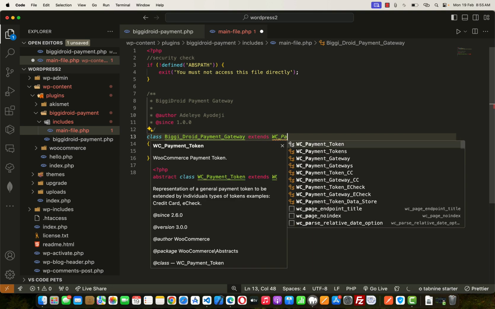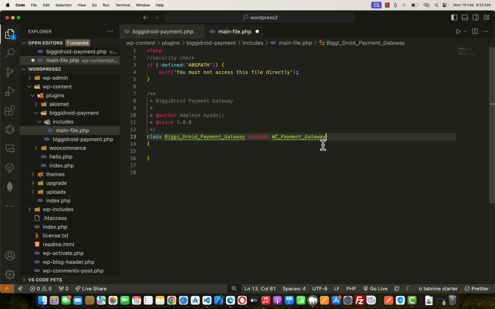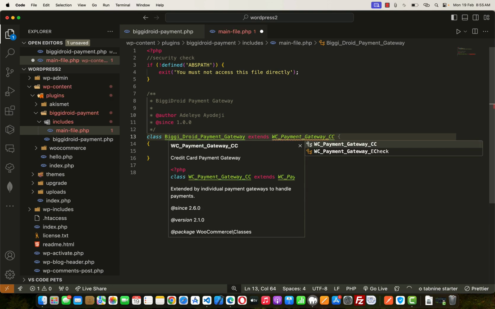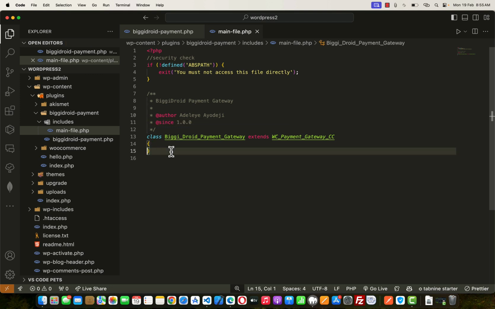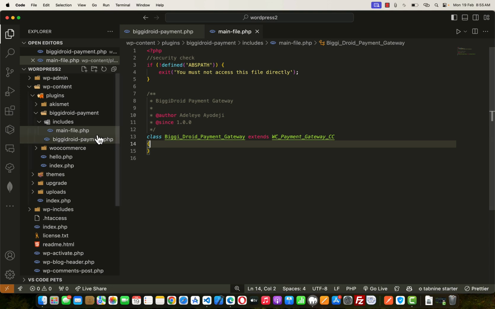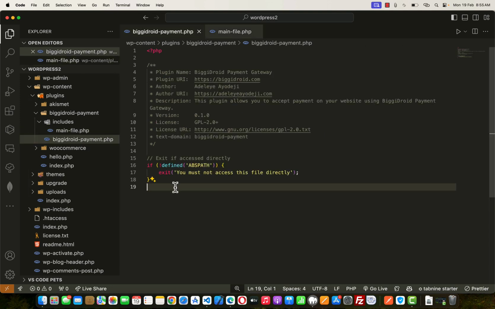payment gateway, because WC payment gateway is the primary payment gateway. So WC payment gateway CC. So we are going to use the CC to undo the extension on the credit card payment gateway. So we're going to use something related to credit card. Okay, so click on save, and then after saving that, we need to then go ahead to our main area,